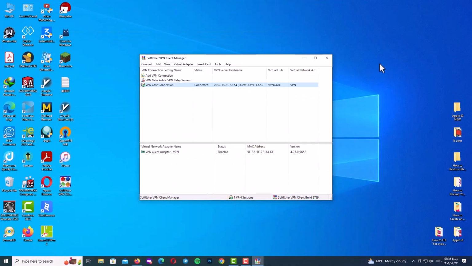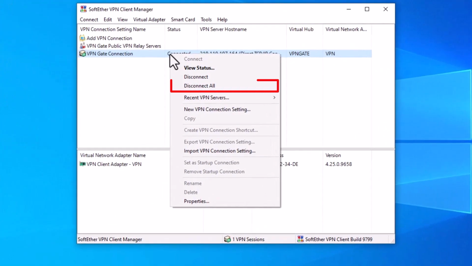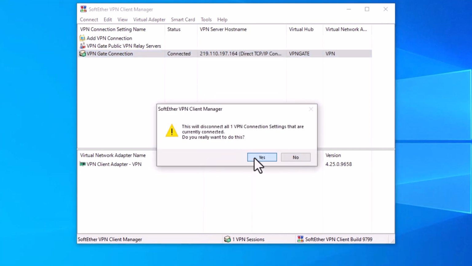After you use your VPN, you need to disconnect your VPN. Now I will tell you how to do it. Just right click on the VPN Gate connection and click on disconnect all, and